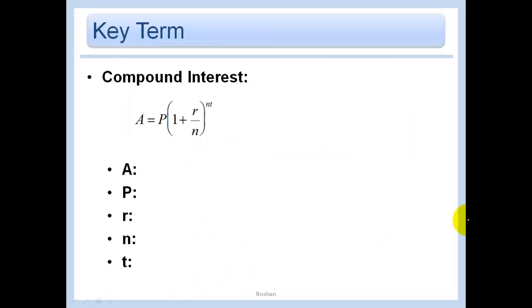And now we're getting to compound interest. Compound interest is of the equation A equals P times 1 plus R over N to the NT. So in this case, this N is just how many times we compound per year. So we compound N times per year. You'll see that the more times that you compound, the more your money grows. A is just the amount in the account